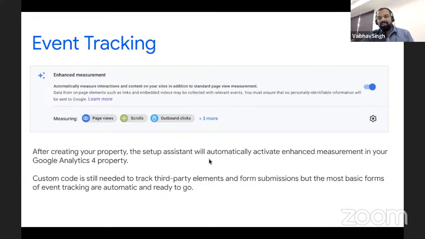Page views is a default. We wanted to know whether the user landed on what page, and is the page view registered with GA4. Second is scrolls. So if you remember a couple of years back, there were a lot of third-party websites that used to give the heat map of the website, showing at what level the scroll is happening. After that, that support has been added to Universal Analytics as well, showing how many scrolls are happening, up to what percentage of your page the user is scrolling and then bouncing off.